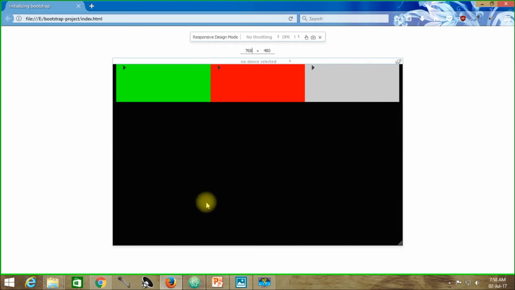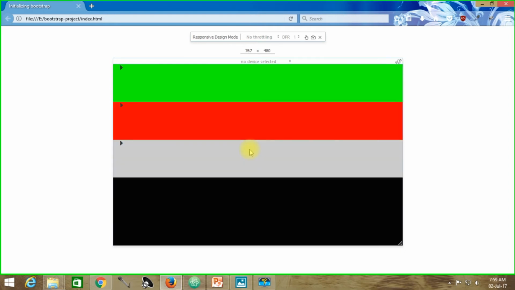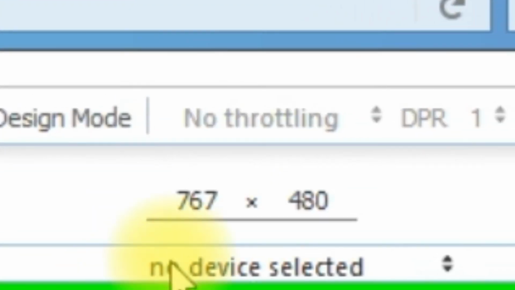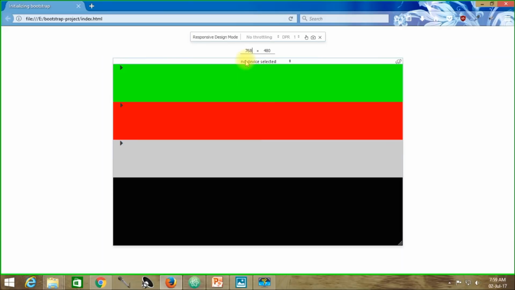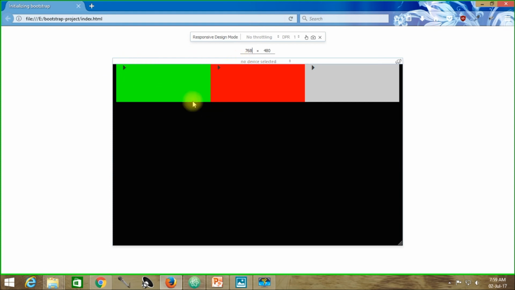See here that up to 768 pixels your contents are getting along horizontally, coming side by side, and there's no problem with it. But if you change this value to 767 pixels, now you can see all the contents, all the components, are just stacking over each other as we have seen in our previous case. So in case of mobile preview, if you want to have some horizontal display as we are observing here, this is known as the horizontal display.